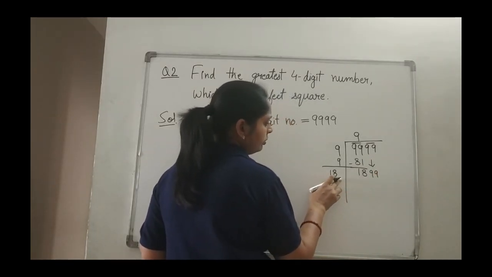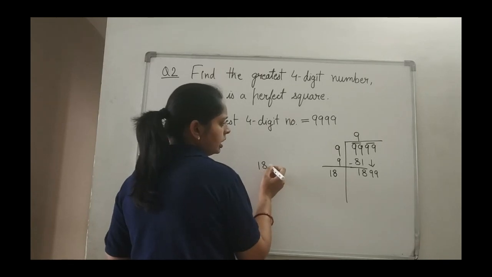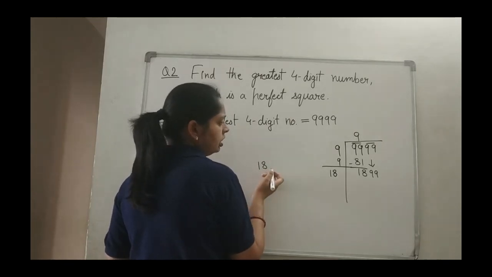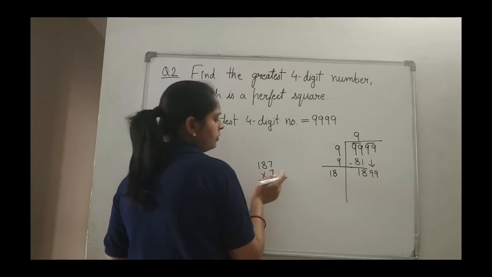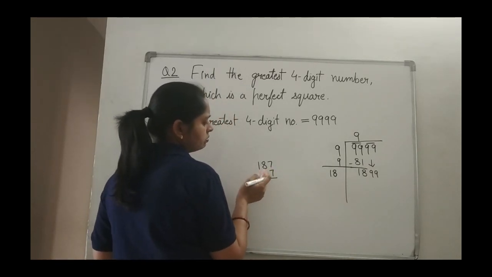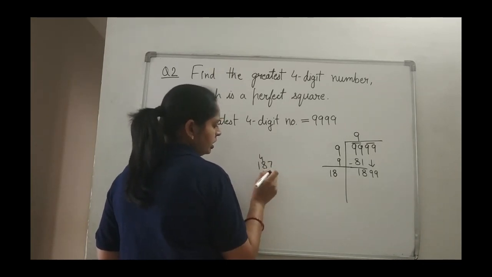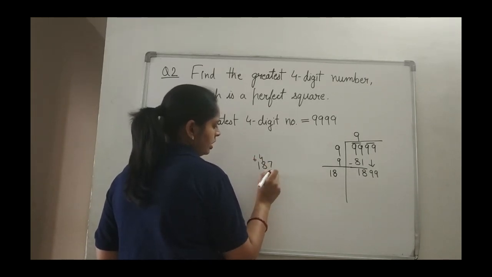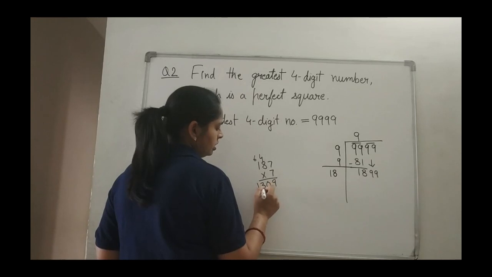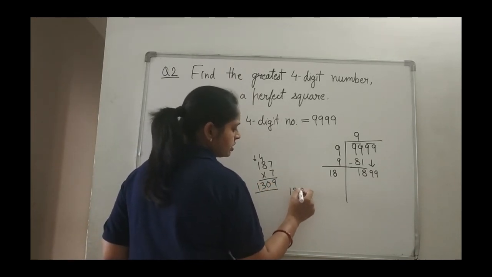Again we'll think for the number. What digit I have to take? I have taken suppose 3 or 7, right? Because if we go for 3, 300 only will come. So 7 7s are 49, 7 8s are 56 plus 4 is 60 and 7 plus 6 is how much? 13. It is very less than this, so I have to take a greater number. Suppose I have taken 9.